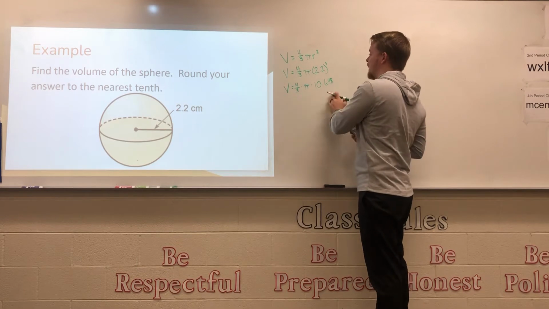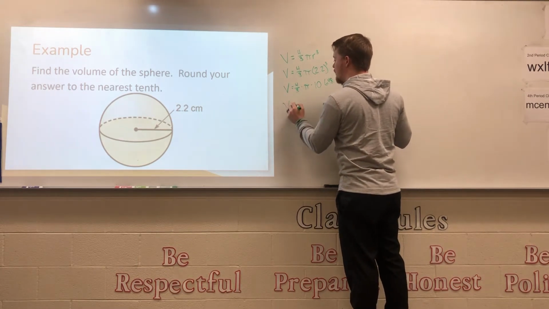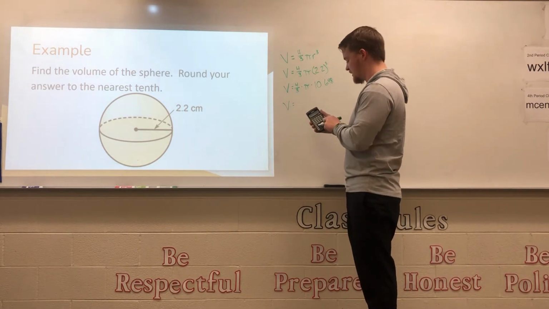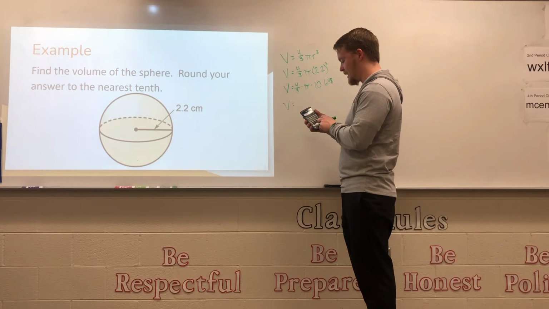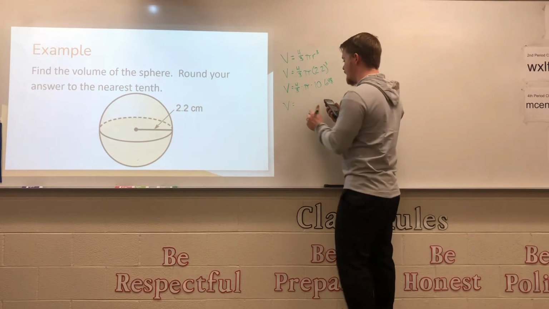Then we're able to just multiply each of these three together at the same time. So in my calculator, I'll type 4/3 times pi times 10.648, and you get